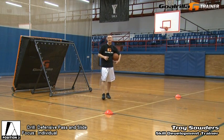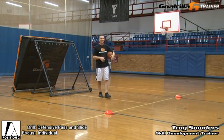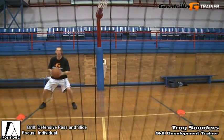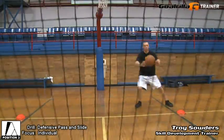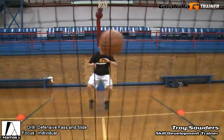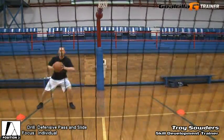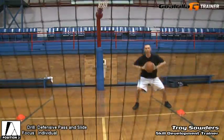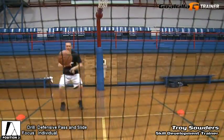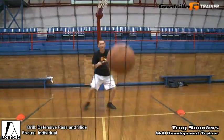So it gives me a nice defensive workout element in order to be able to work my footwork, my stance, and the intensity of staying in a stance, simulating guarding a defender by doing a simple drill of sliding and passing the ball off the G-Trainer, covering the distance and the width of the free throw lane line, and using the G-Trainer at the right angle in order to be able to simulate that pass for me that I can slide and recover, stay in front of the ball, simulating beating a defender, staying in front of him, control and contain that